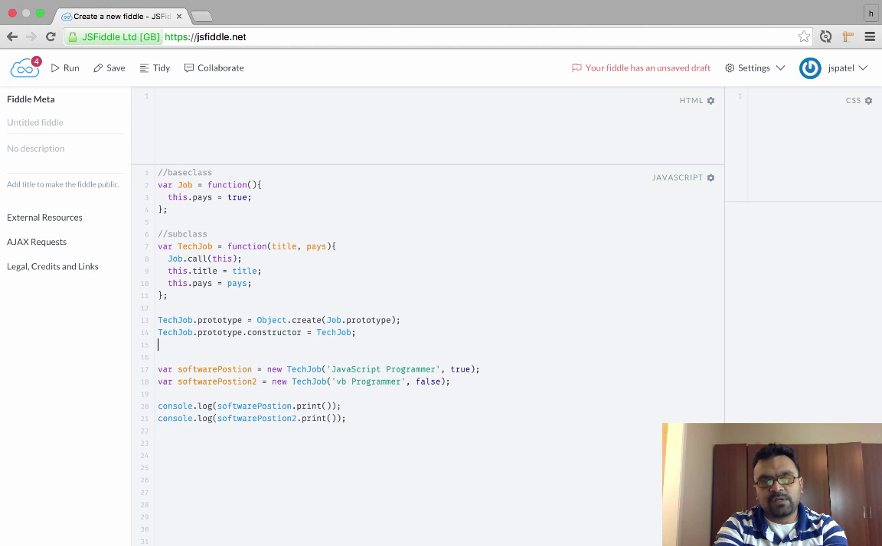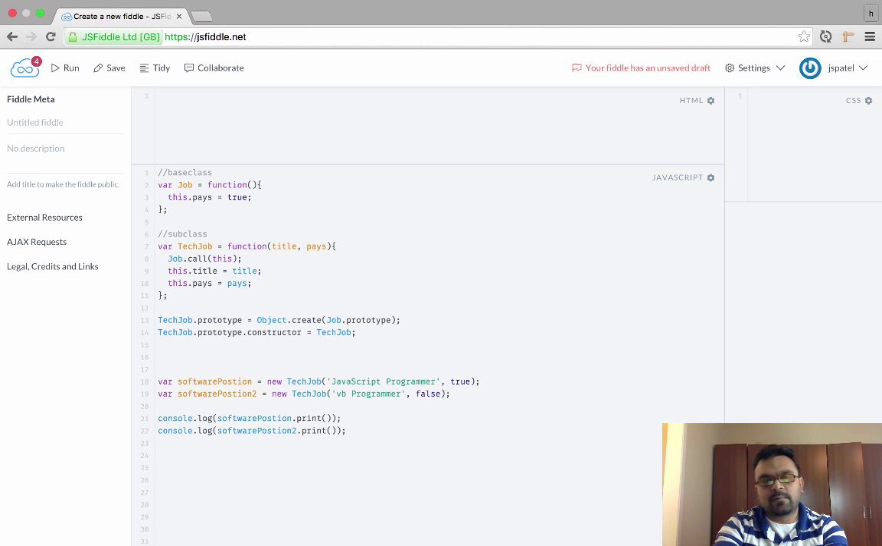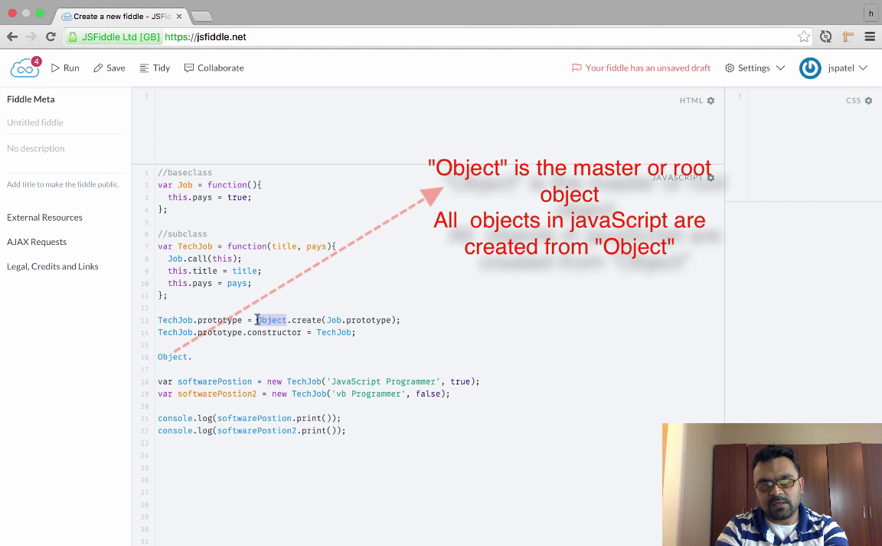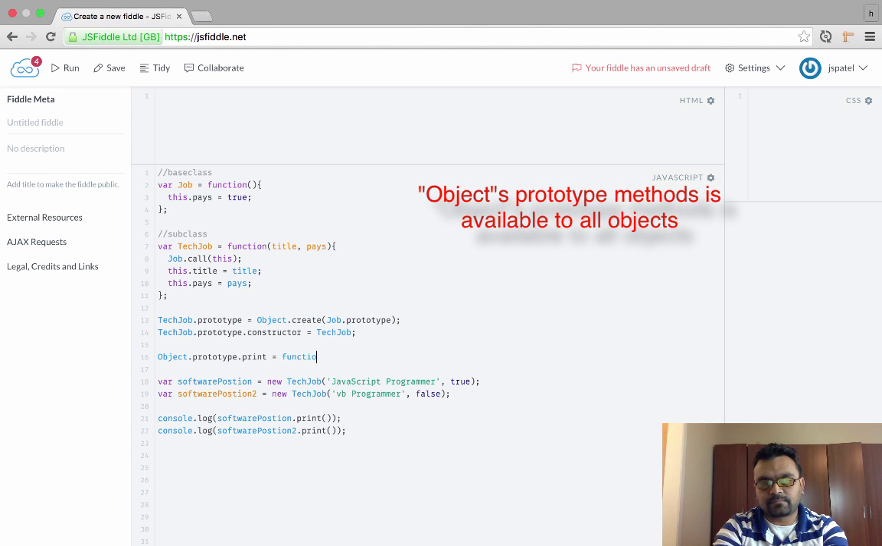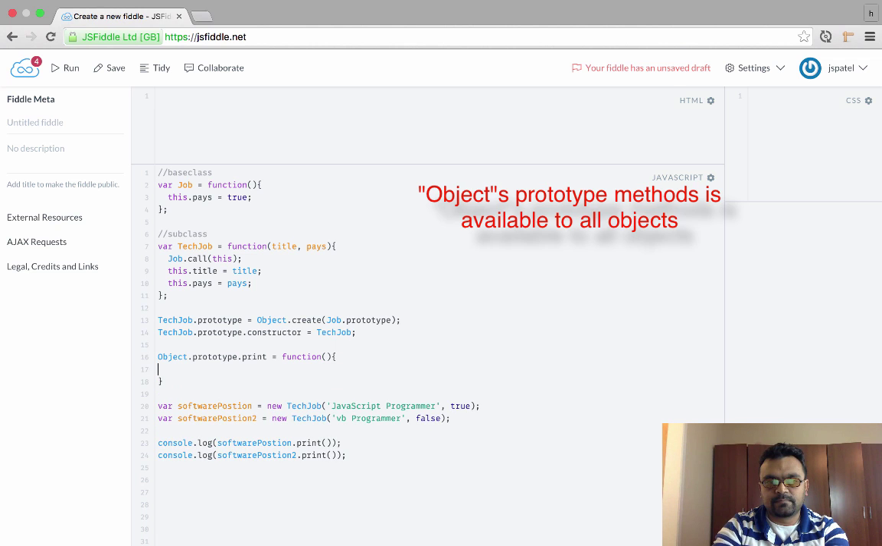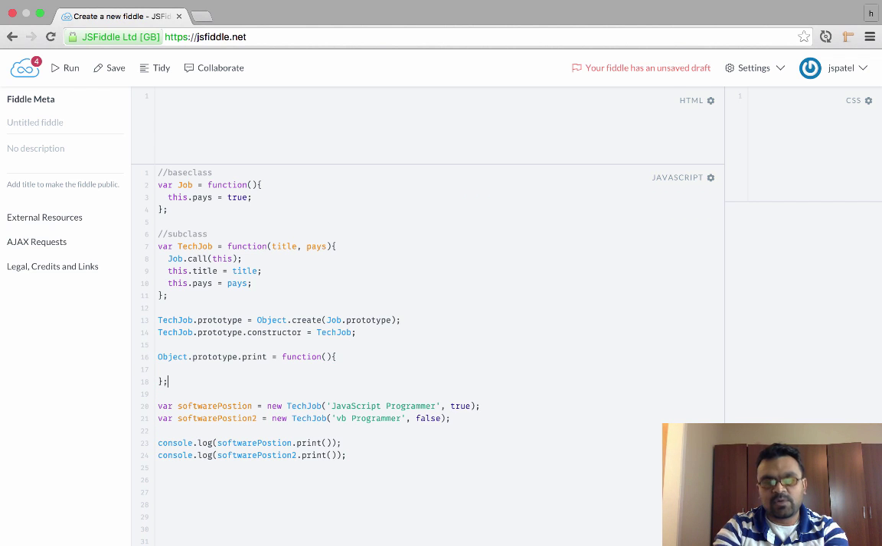Now I have removed these prototype print methods from the subclass and the base class, and I'm going to add it into the master object. So this is the master object. You can see it here when I created it using the create method here. Similarly, I can add prototype dot print equal to function. Now this will add a print method to the master object,